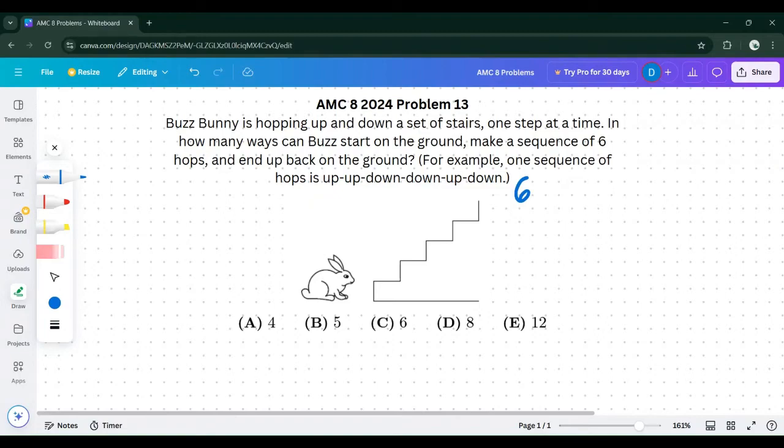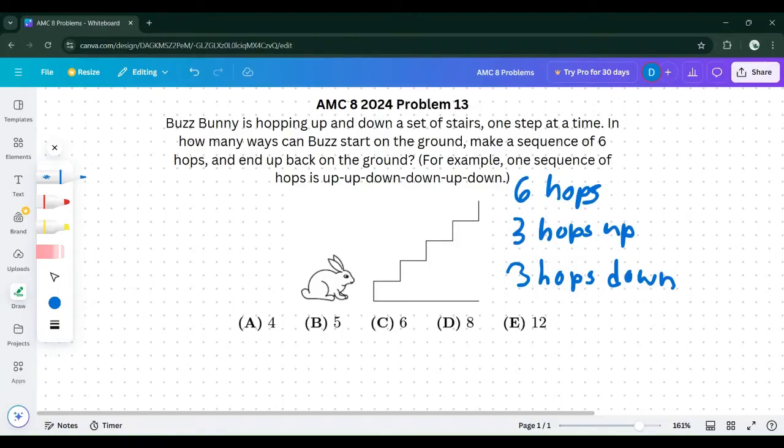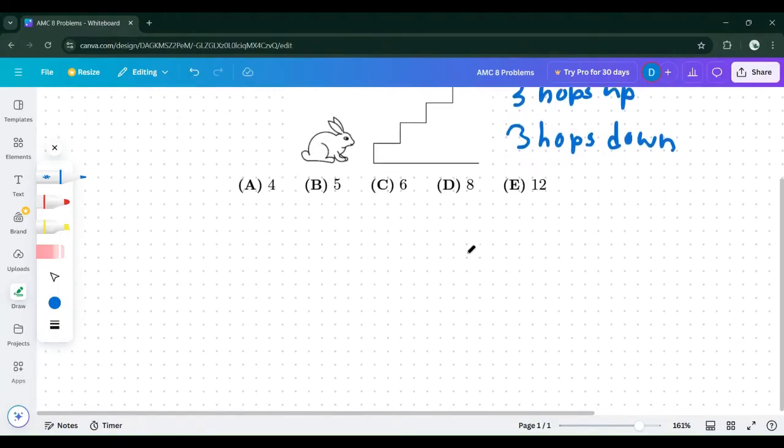In each sequence, there's 6 hops, and in each sequence, there's 3 hops up and 3 hops down, in order for the bunny to get back on the ground. Okay, so obviously, a simple way is just counting these valid sequences one by one,